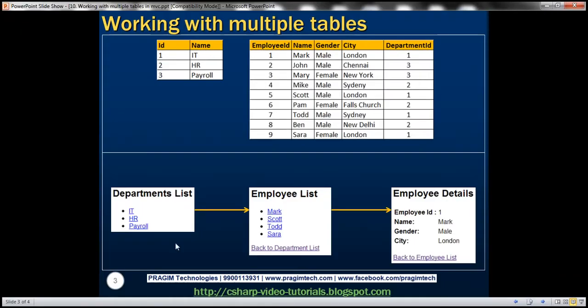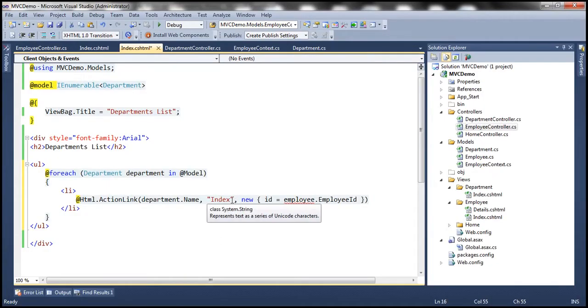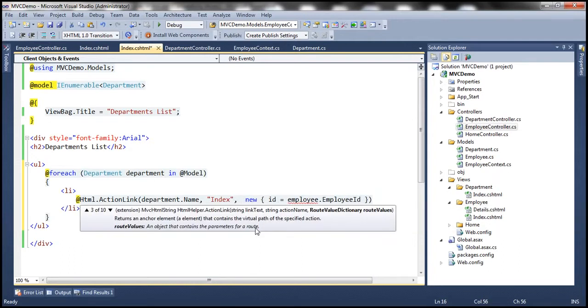Now when I click this department name hyperlink, we want to redirect the user to the index action of the employee controller. Okay, so here we also need to specify the controller name as well, and to do that, look at this, there are several overloads. So I can use an overloaded version where it takes the controller name as well. So I want to redirect the user to employee controller,